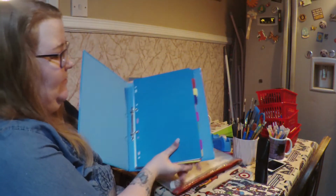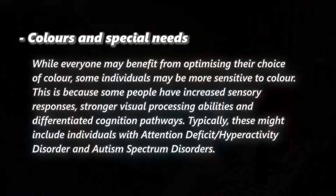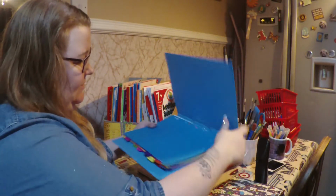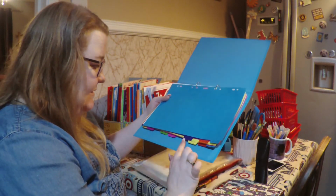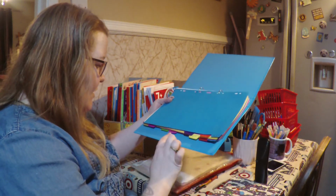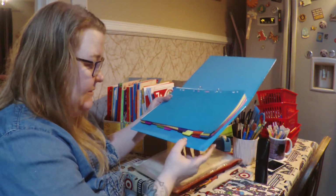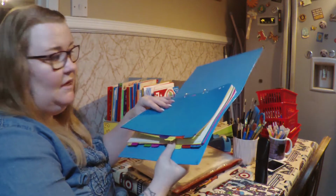They've both got one of these folders. They've chosen the colours they like. That is a massive, massive key in choosing it. In this folder, I've got art, science, letter work, word work, maths, outdoor skills, so that's like outdoors, like bushcraft,